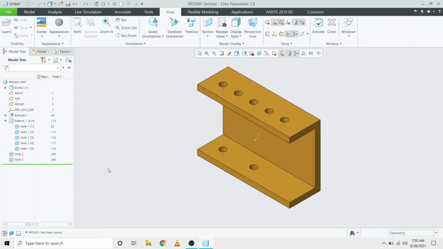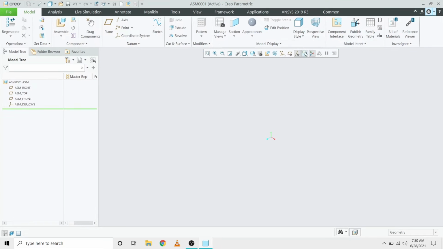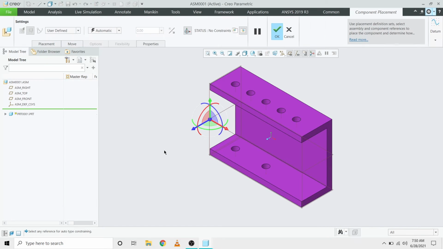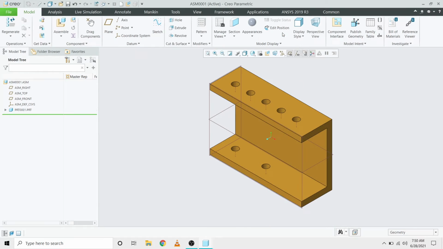To start working with the 3D models, I'm gonna start a new assembly by clicking Ctrl N, picking assembly, assigning it a name using the default template and OK. I'll maximize the screen now, turn on my datum display. On the top left corner you can see the assemble option. You can pick that option, go to insertion and bring the C channel into the assembly. For simplicity, I'm gonna give a default constraint by right clicking on the mouse, picking default constraint and picking OK.